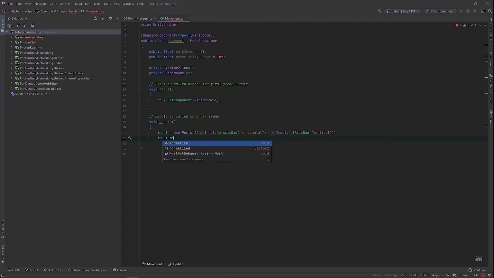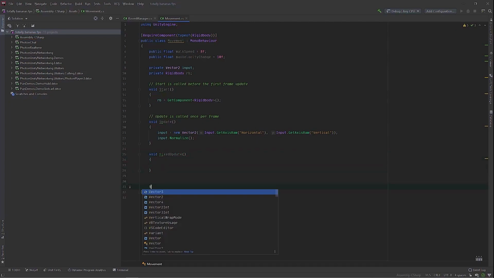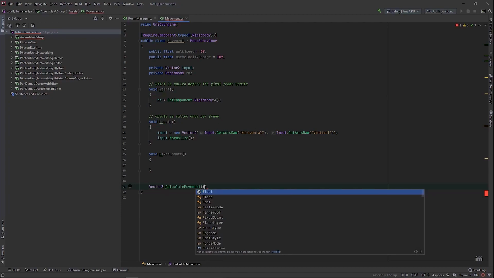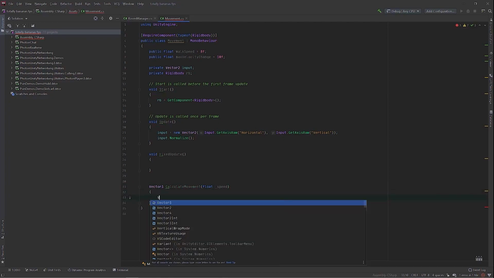Alright, sweet. Now to make sure that you don't go faster diagonally, we're going to go input.normalize, and we're going to add a new function down here called FixedUpdate. Below that, create a new Vector3 called CalculateMovement, and make it take in a float of speed.